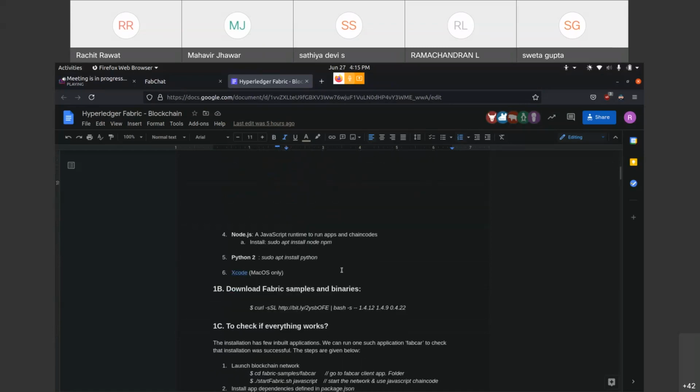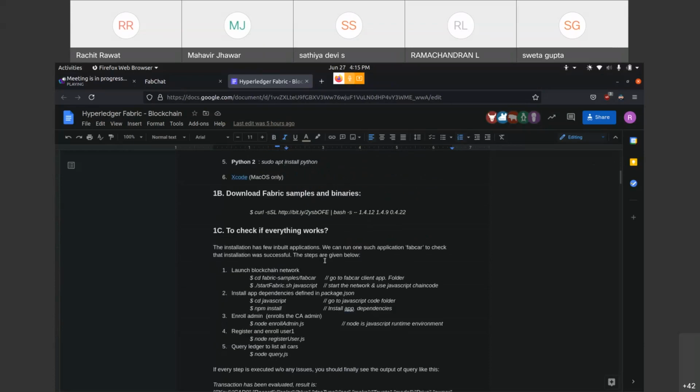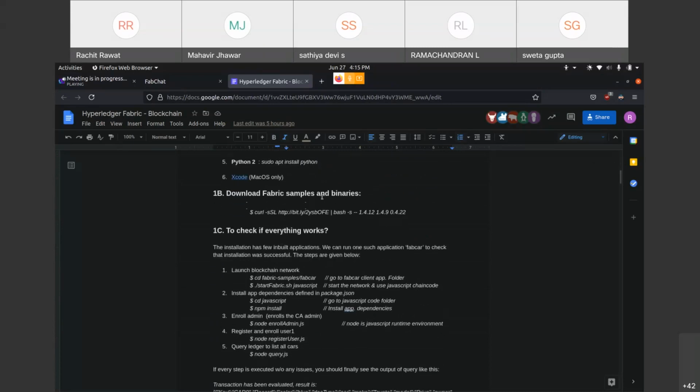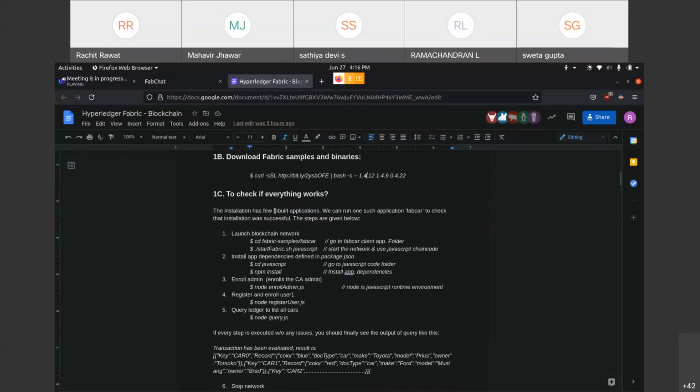And again, as Professor said, you can use any general purpose language. I have used Node.js, JavaScript. I would say that this is the easiest one to code in, but you can also use Go. So you have to install Go if you want to do that, and then some other prerequisites. And this is the actual script that downloads all the Fabric related files. Be sure of this version. As I said, it's version 1.4. And then I have given you some commands which you can execute to double check if everything is working fine. So you can run all of this.